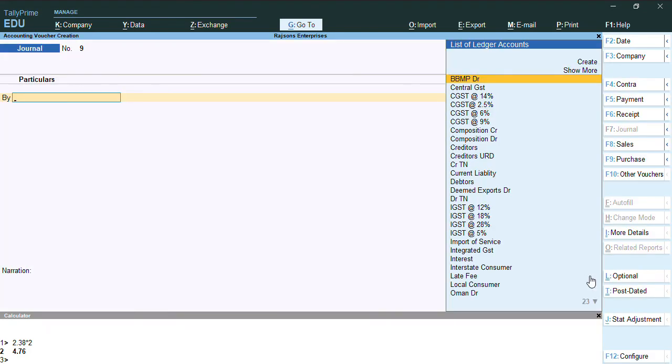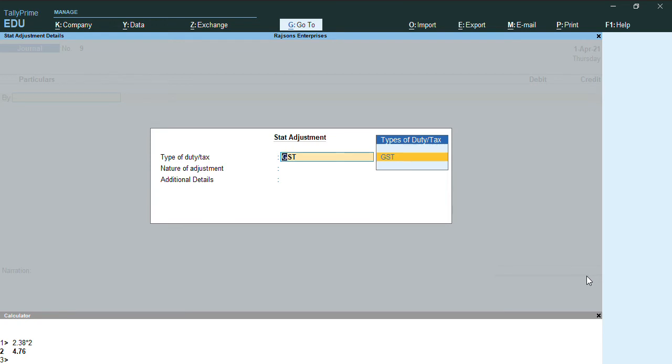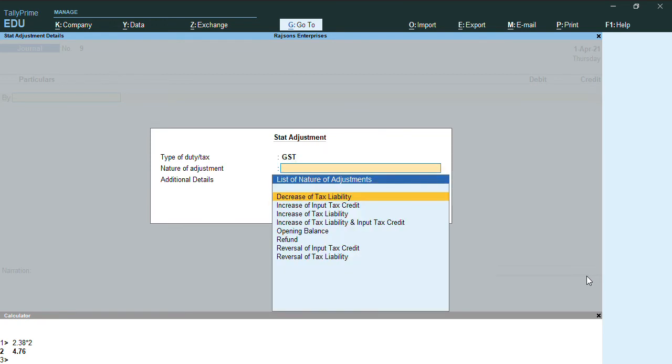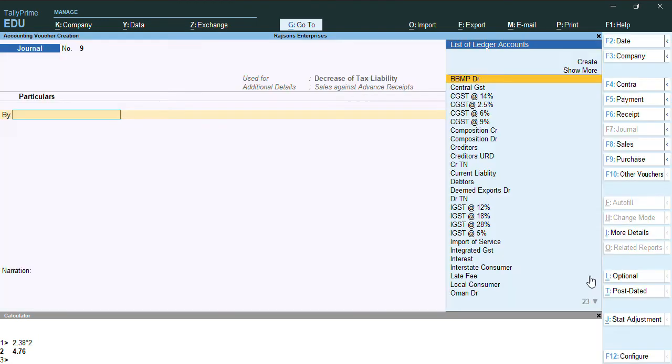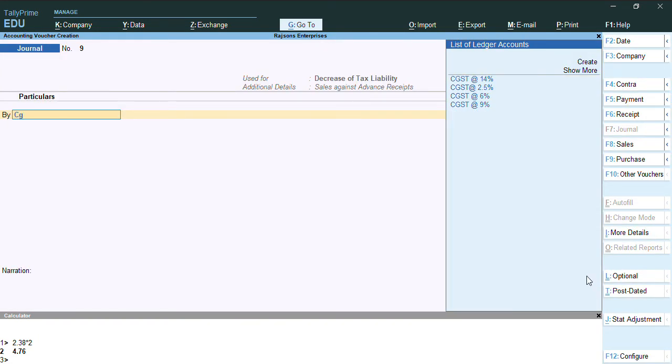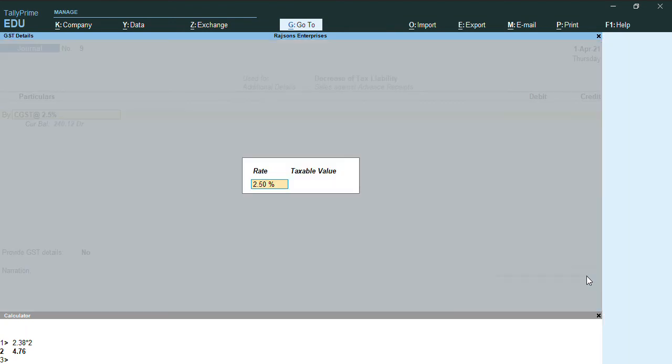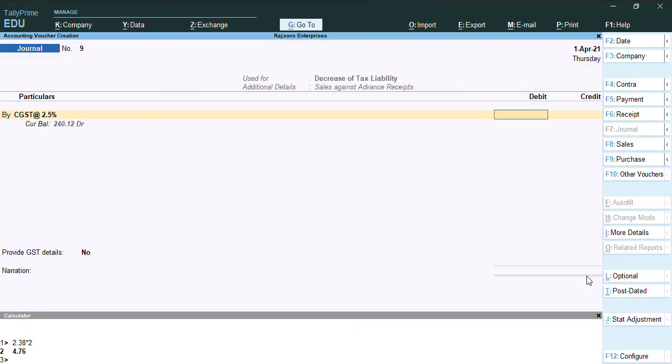We'll press Alt J. We'll select GST, nature of adjustment, decrease of tax liability, sale against advance receipt. So here we'll select vice versa. We'll select CGST at 2.5% and the taxable value 95.24, and the tax amount is 2.38.